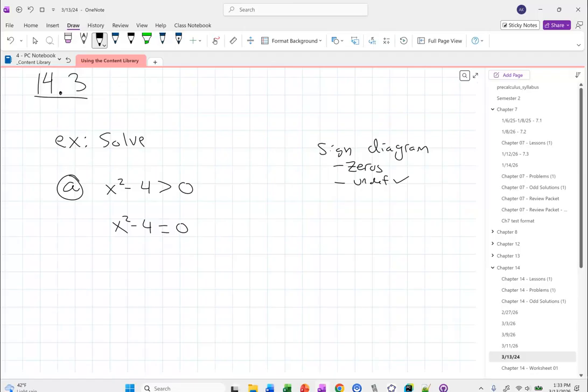How do I solve something like x squared minus 4 is equal to 0? I could factor that, or I could add 4. Either is okay. Let's say we factored it. Emma's already pointed out this is a difference of two squares, so how does it factor? x minus 2 and x plus 2. Great. So what are the zeros then? x equals 2 and negative 2. Everybody's okay with that plan?